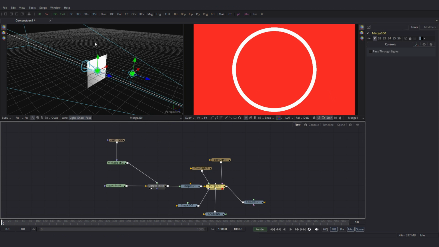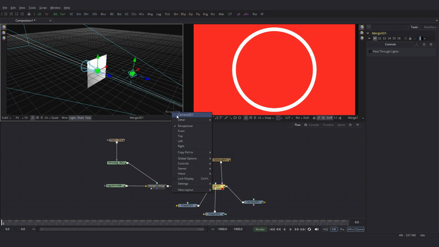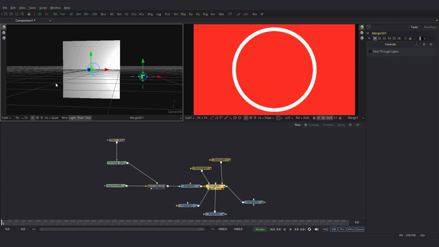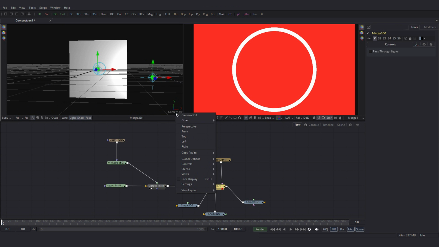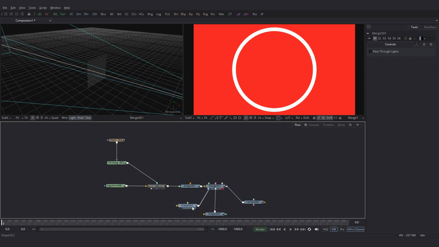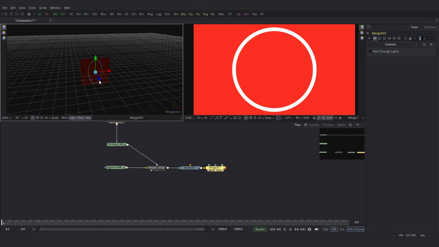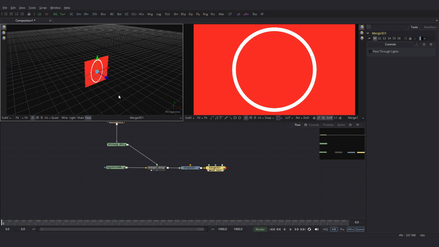Right now if you see the viewport, down here you'll see perspective. So right click there, and if you select camera 3D1, which is this one, now you can see through the camera and move around in the viewport the same way. I'll go to the perspective. Let me delete these nodes. If I drag this into the viewer, we are still in the 3D space. I'll turn off the light also.